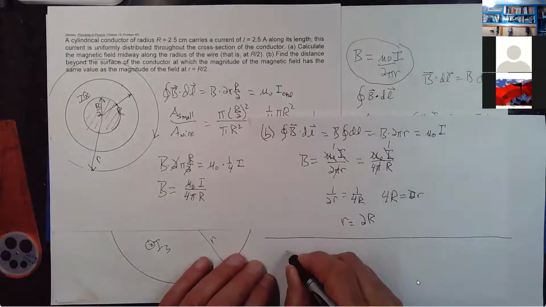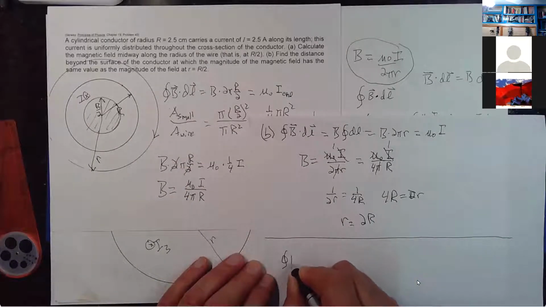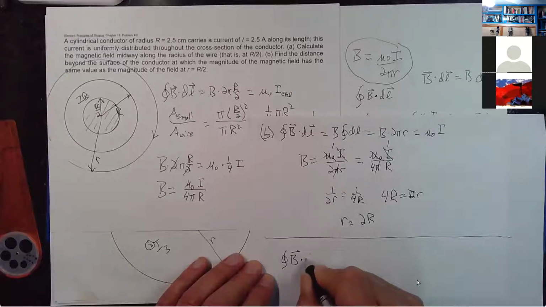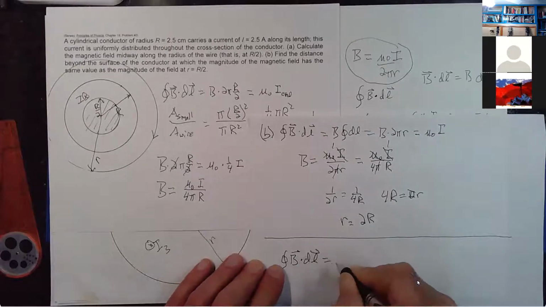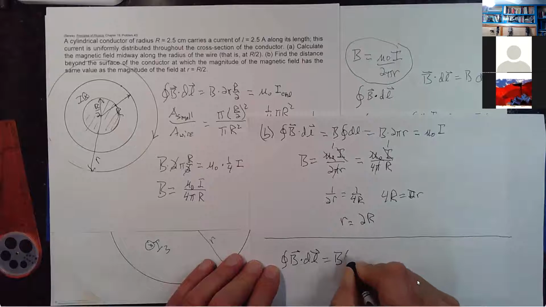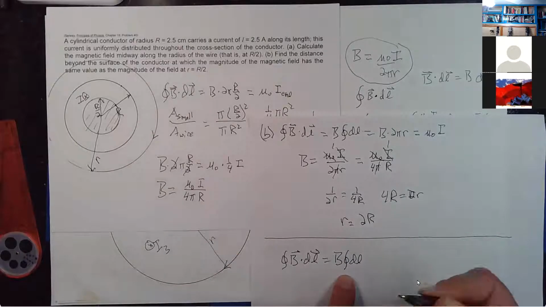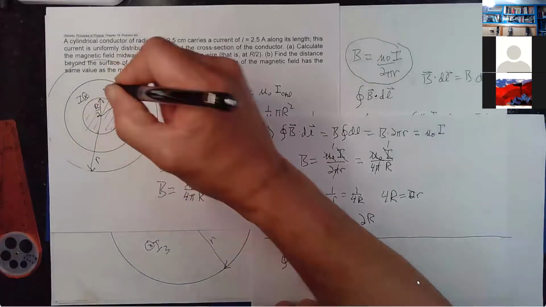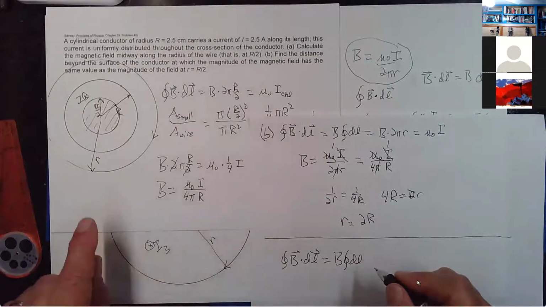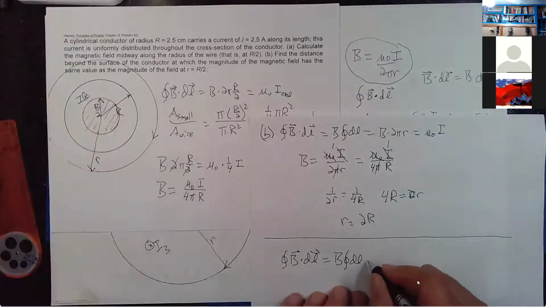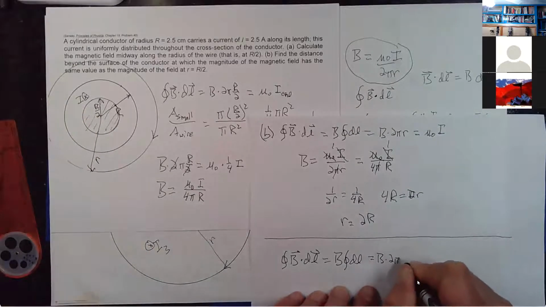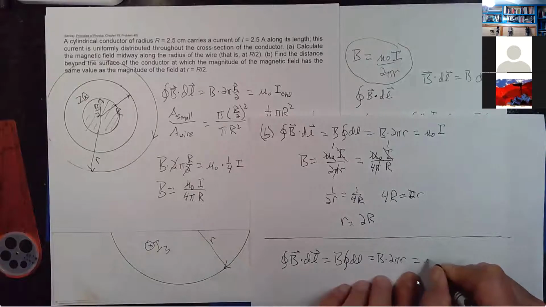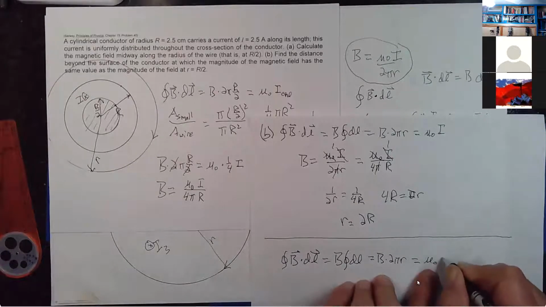The integral of B dot dl will equal B times the integral of dl, and dl is going to be the circumference of some circle in here. This time we're not going to nail it down to a particular value. We'll just say B times 2 pi r, and that will equal mu naught